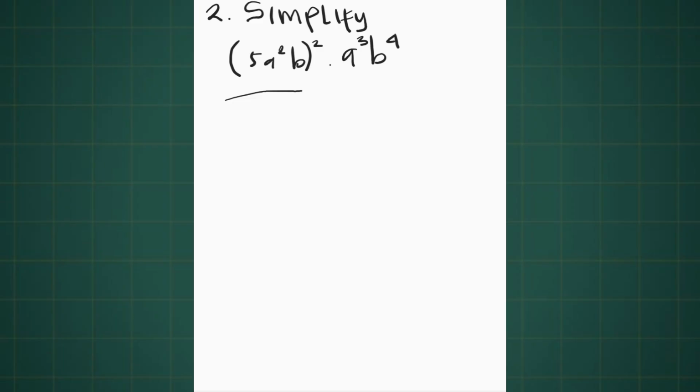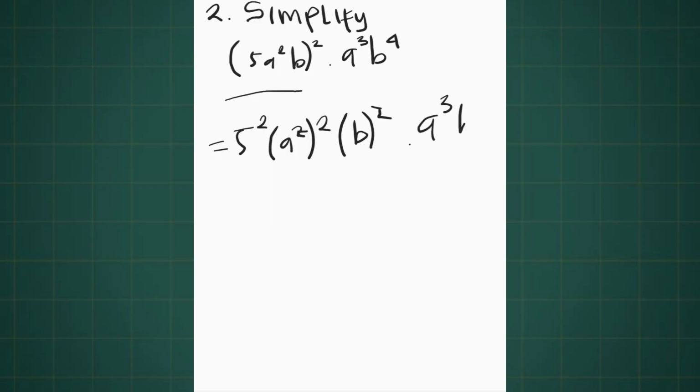So we get 5 to the power of 2, a to the power of 2 to the power of 2, b to the power of 2, times a to the power of 3 b to the power of 4,